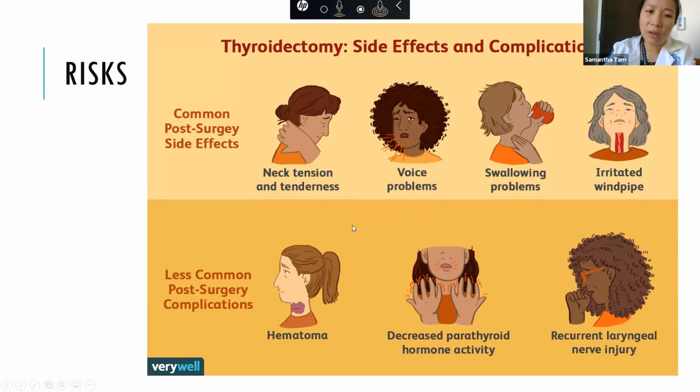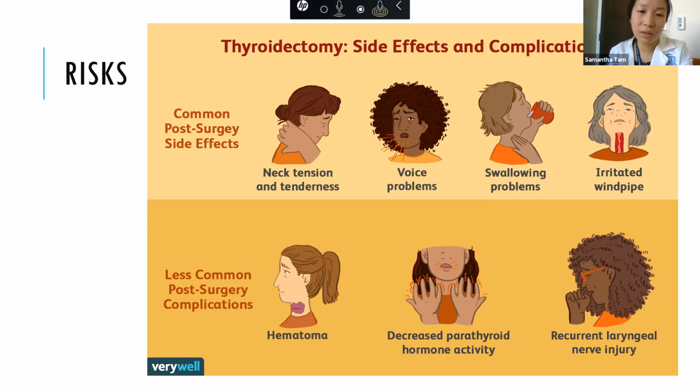There are less common complications with surgery. One of them is a hematoma, which is a collection of blood underneath the skin. The thyroid affects so many parts of your body, and so there are a lot of blood vessels that go to the thyroid so that it can make the hormone and also deliver the hormone to all the parts of the body that need it. During surgery, we try to stop all the bleeding that we possibly can, but